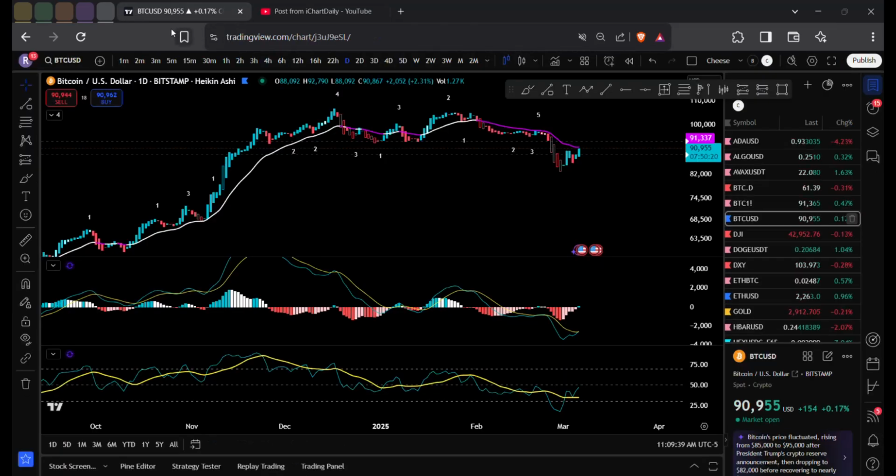So first things first, I do want to show you guys one thing. This is not financial advice. This is for educational purposes only, a window to my thought process that I have been doing for 17 years, hypothetically been in crypto for 11 years, taught this process by my father, who was a very successful options trader for almost 30 years.